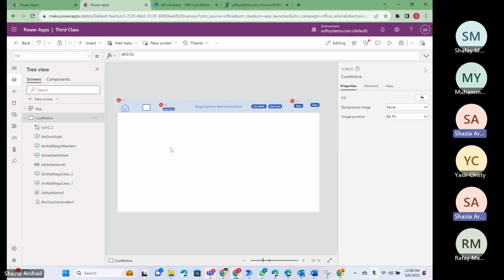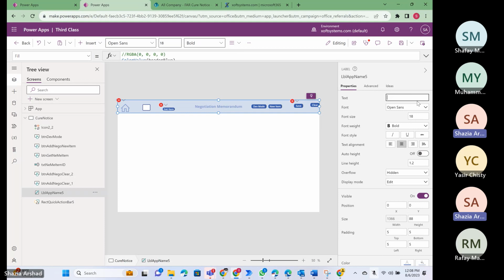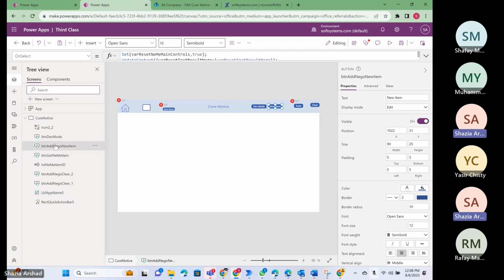So the header has been designed for our new application, but let's change the label here. Our form is cure notice. So let's change it to the cure notice. Here so far we see the button. This is how we design